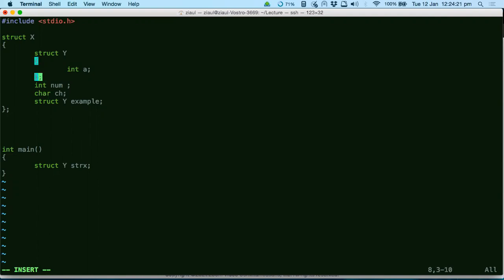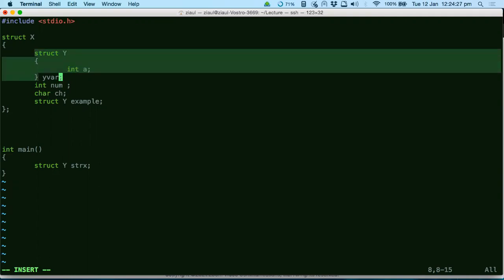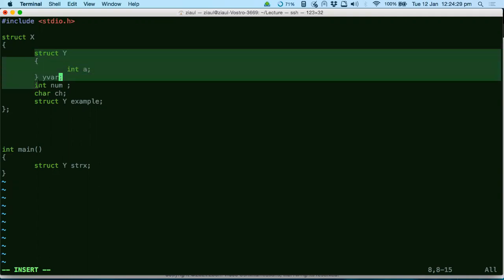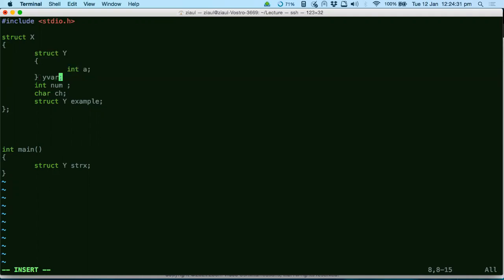Sir, in this case, y var is obviously not equal to example, because these are two different variables, man. This y var is of type struct y. See, there are two ways to create structure variables. I think I have explained to you before also. One way is to put the variables here. When you put the variables here, you are creating the variables along with the definition of the structure. You can create variables here as well, S1, S2, S3, S4.